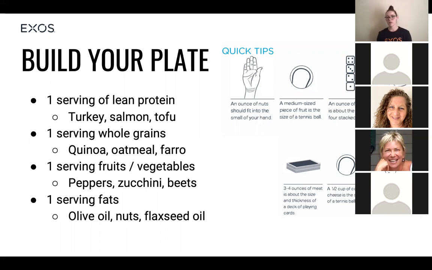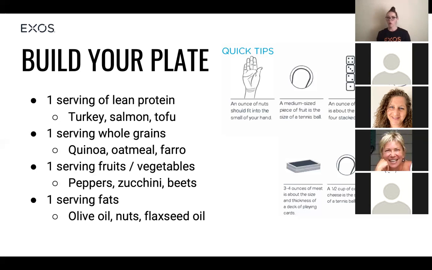A couple examples are things like turkey, like 99.1 turkey, even 93.7 turkey, pretty low in fat. And salmon is another great option. The omega-3 fatty acids in salmon are also really great for your brain health as well. So that's another great choice. And then also tofu. It's a plant-based source, it's going to have more fiber. It's made from beans, so that's going to be another great option there.